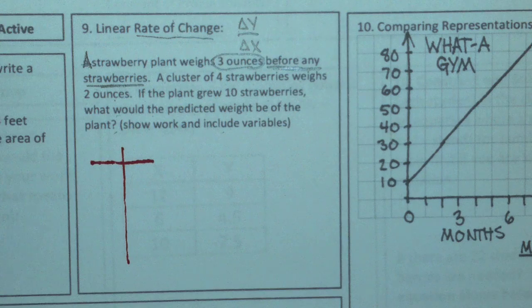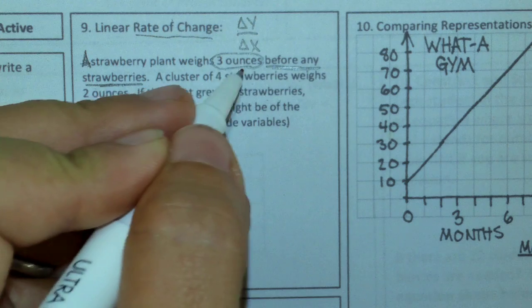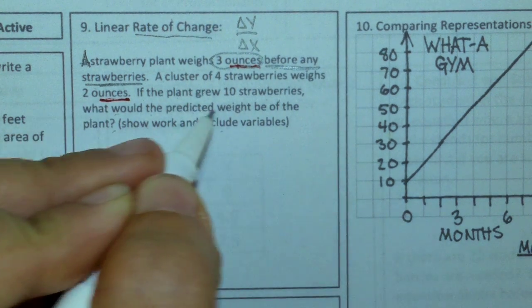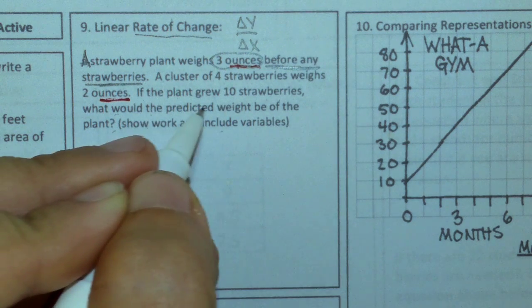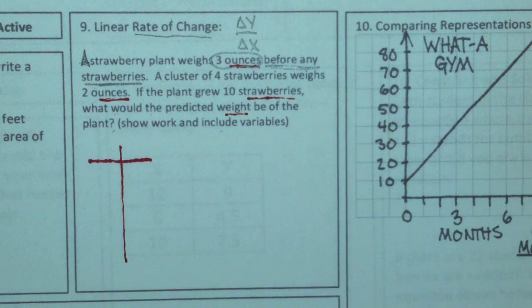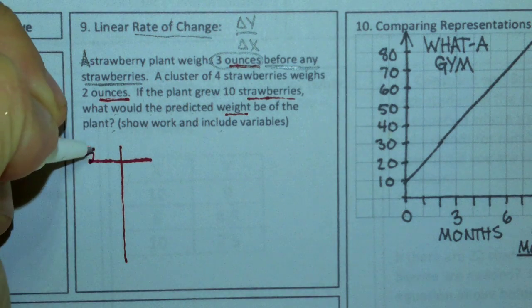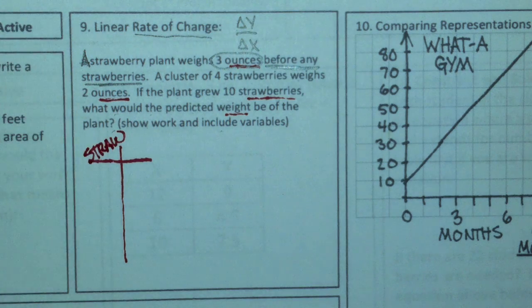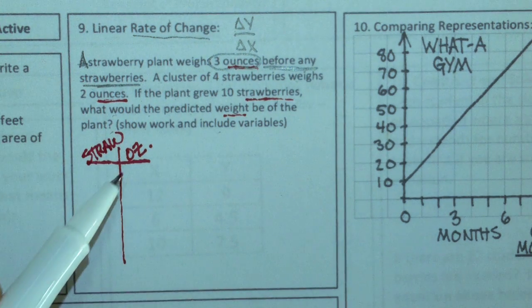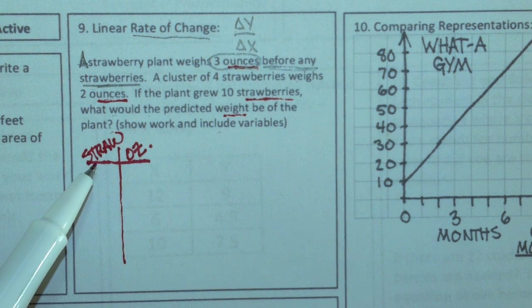And what are my variables? If I'm going to have a table, I need my variables. Looking at this, it's going to weigh 3 ounces. And then I see that it's going to change. That's this 2 ounces here. And it's talking about wanting to know if there's 10 strawberries, what would the weight be? So the question is about weight and strawberries, or ounces and strawberries. And in this case, our strawberries, I'm just going to put straw for strawberries, is there in my ounces. Okay, so the number of ounces that the plant weighs is dependent on the number of strawberries that there are